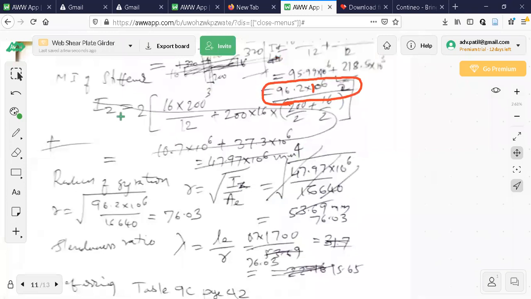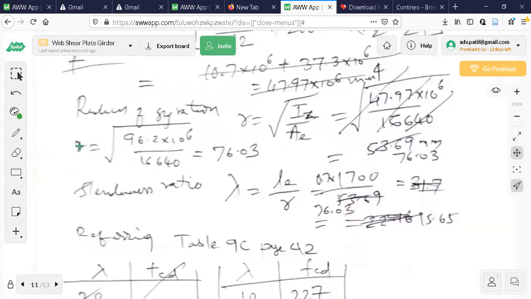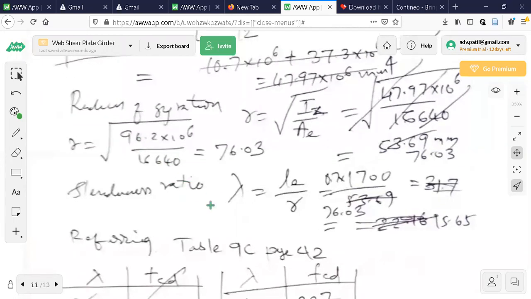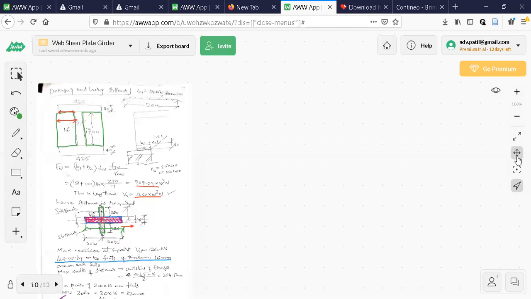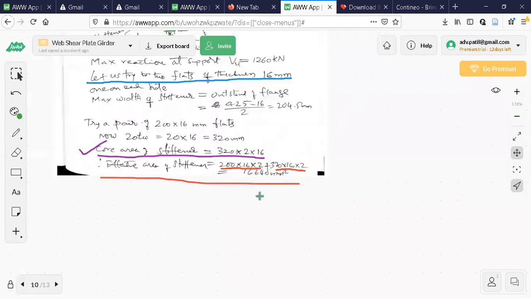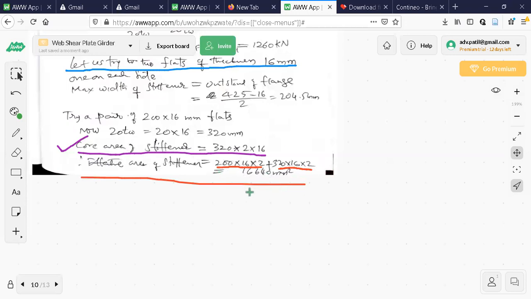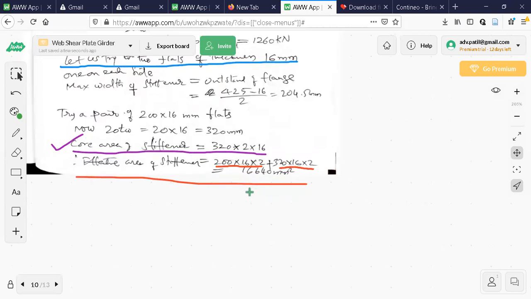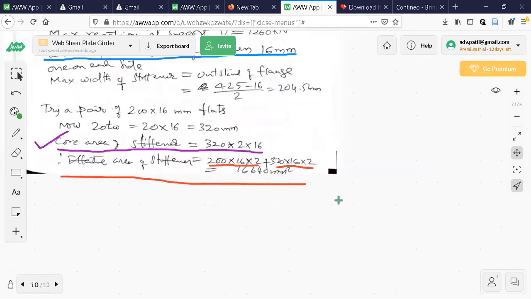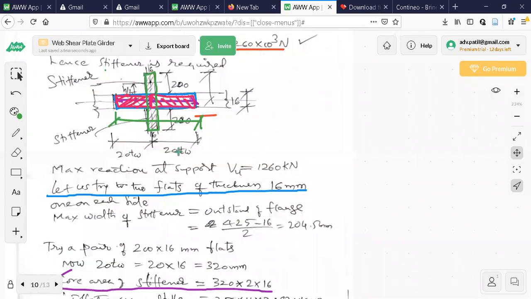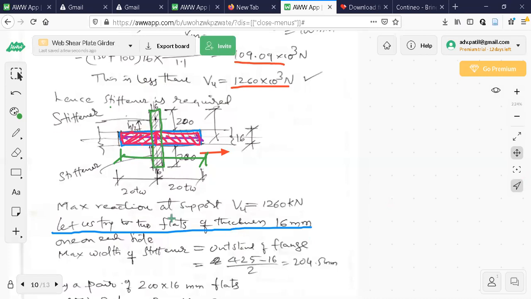All this I have removed. Next is radius of gyration. R is equal to square root of I by A. Radius of gyration is square root of moment of inertia divided by the area. So area is 16640. Where it is, I'll show you. Area is, see here, 166. Again, area of two rectangles. Here I have taken area of 4 rectangles. It is 2 areas, 2 here. Total, it is total area of the plus side. Whatever plus you are observing there, this plus area you are calculating, that's all. That is area of that.